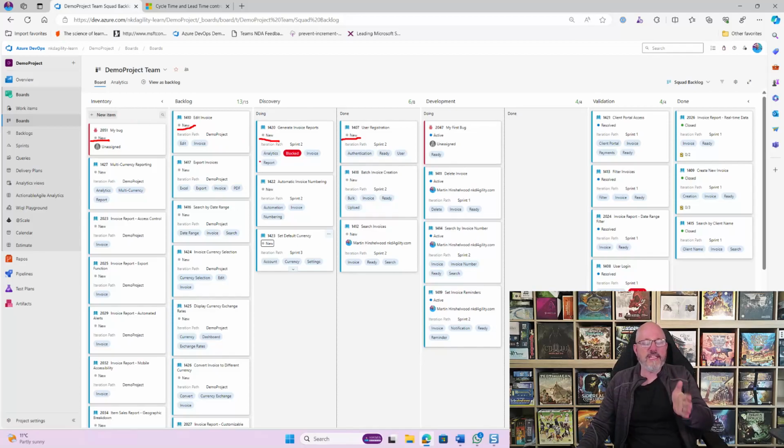This is the Agile template, not the Scrum template. So you'll notice that the items haven't been moved to a different state. And then in development, we have active. And then in validation, we have resolved. And in done, we have closed. Okay. So this means that